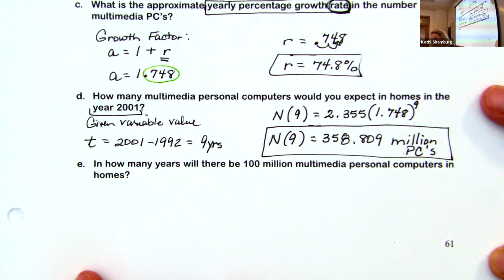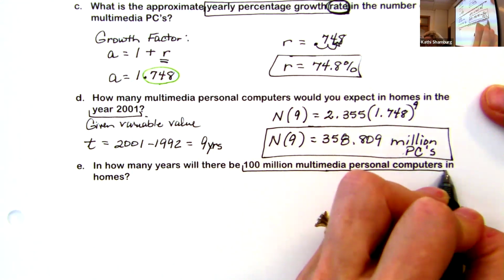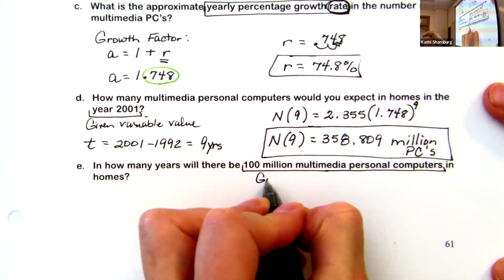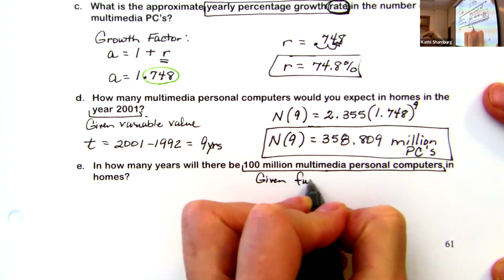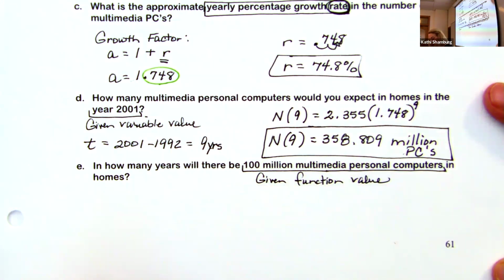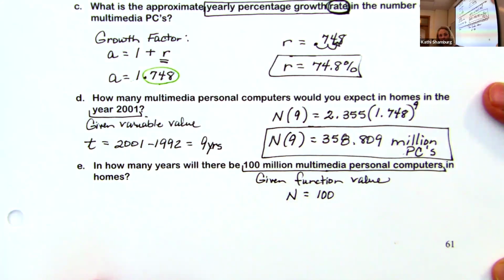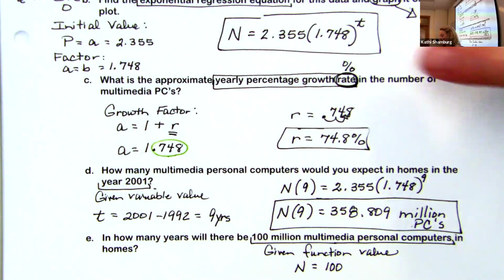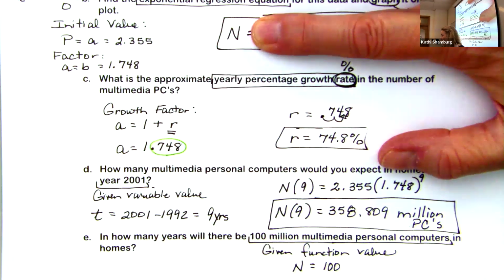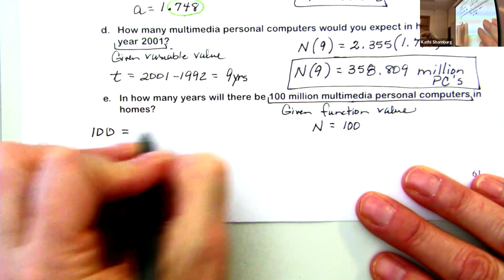In how many years will there be 100 million multimedia personal computers in homes? What was given? And my function is in, and this is saying 100 million. Okay, so what we're gonna do is use this equation, but in place of this in, we're gonna put 100. So we would have 100 equals